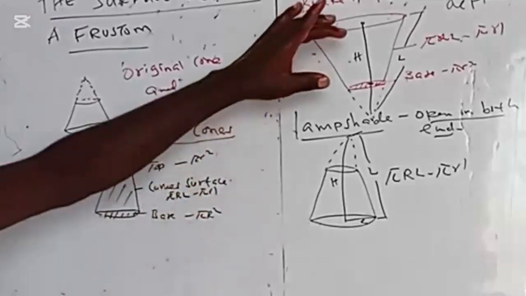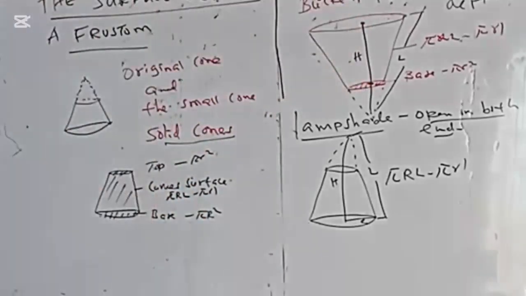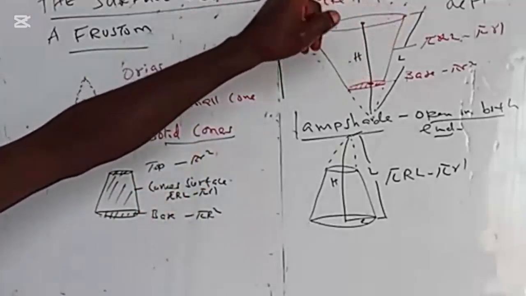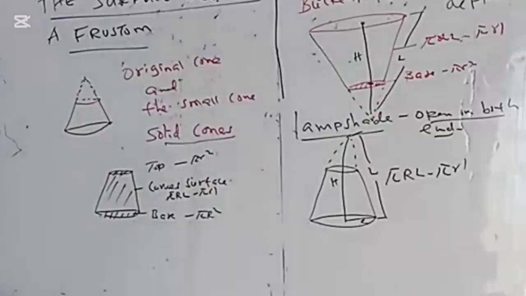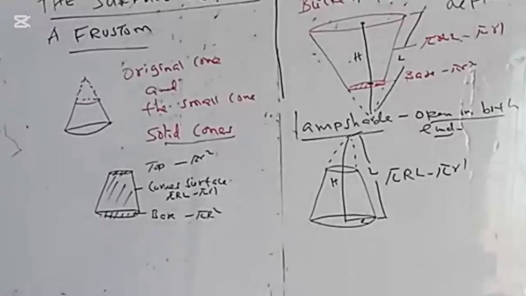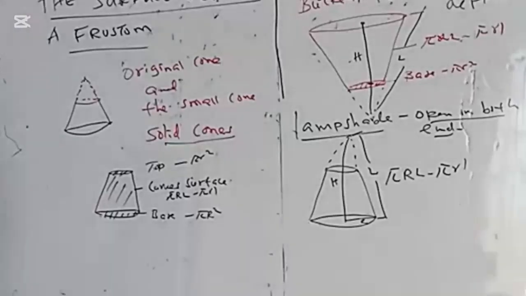So there is nowhere where this H is being used. This means vertical, this means slant. Do not confuse the two as we move along. So that is, in a nutshell, what we deal with when we are talking of surface area of